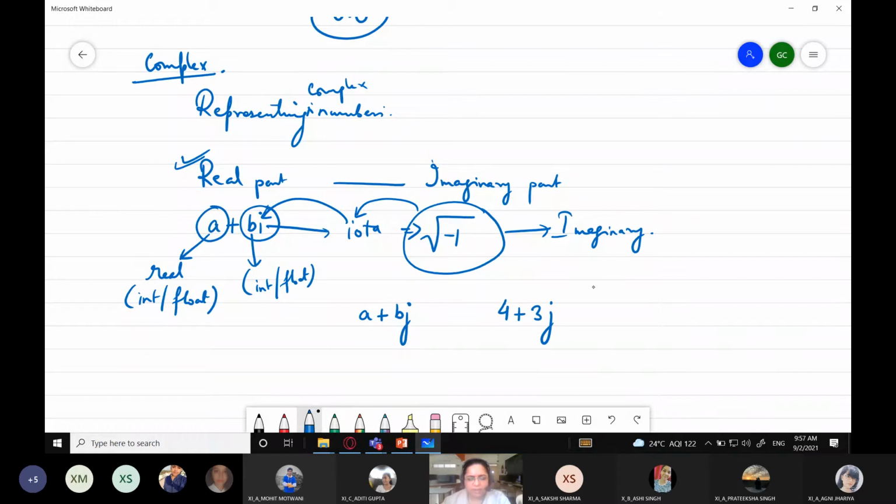Then you have 5 plus 4j. Then you can also have negative values like minus 2 minus 3j, or 2 minus 3j, or minus 5 plus 3j, and so on. So these are examples of complex number literals in Python.